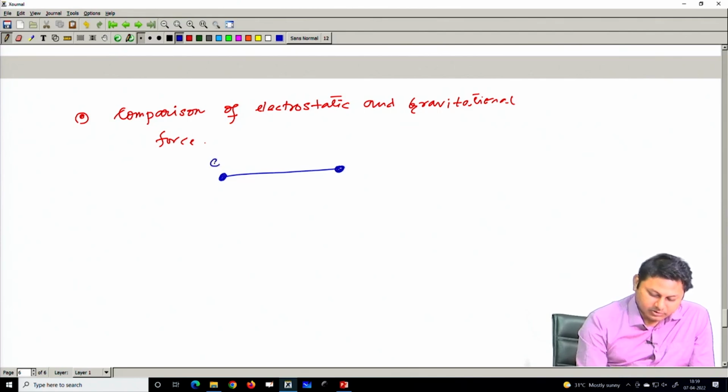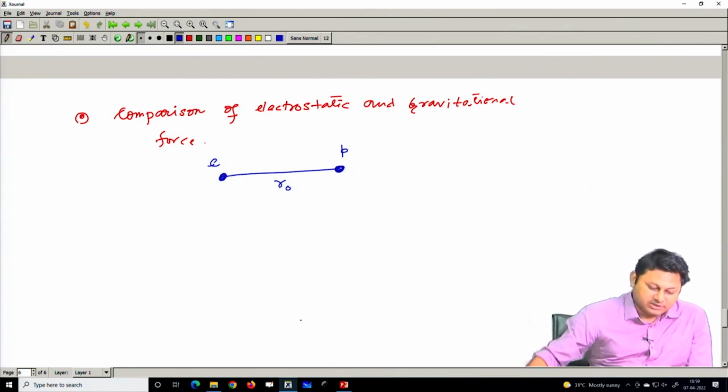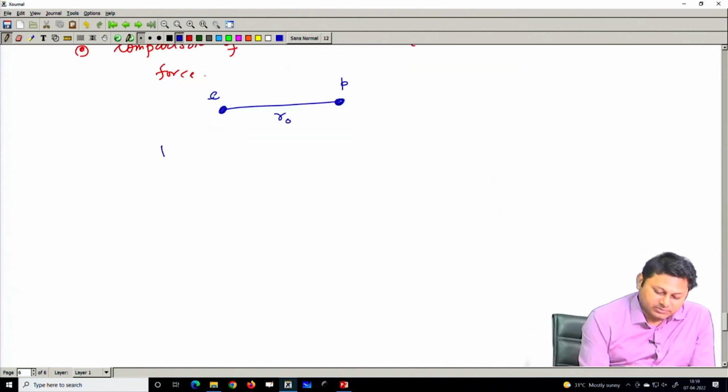So this is my electron and this is my proton, and the separation between these two is r0. Now the question is, what should be the gravitational force between these two